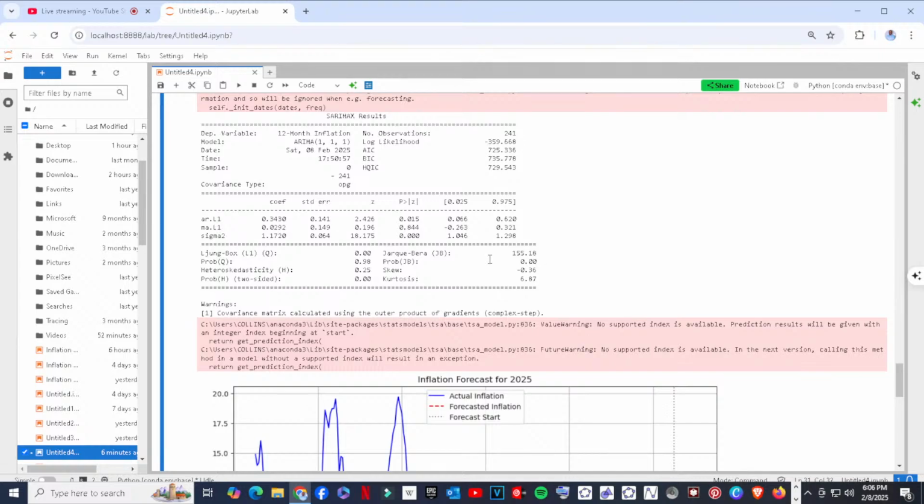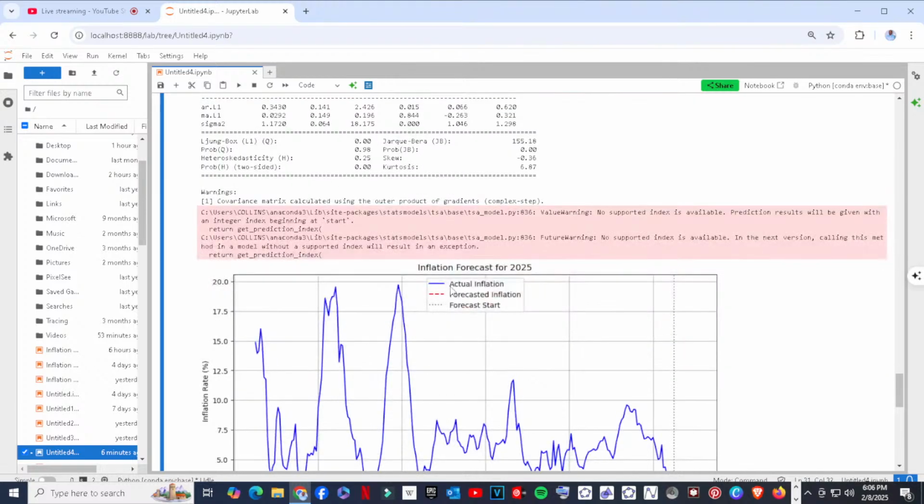This tells us that the residuals are not normally distributed. So there are potential issues with the assumptions of our model.